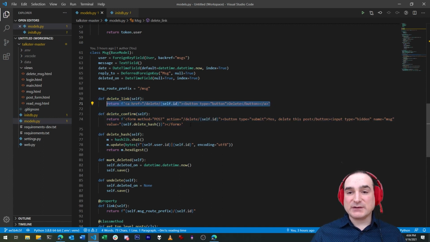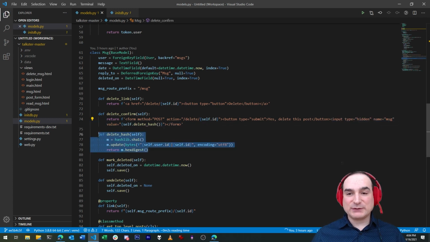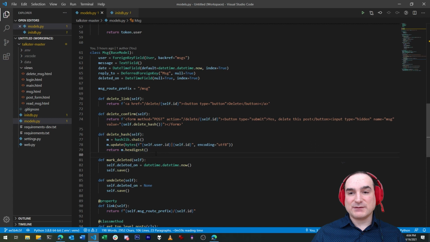The second of the two is a form submission. It goes to the same URL but provides in the form data a hash based on the post and the user ID. This makes it extremely difficult to trick someone into deleting a message by just having them click on a link. Now, there are more sophisticated ways to secure against this kind of thing, like, for instance, using a random one-time challenge, but this should do for now.